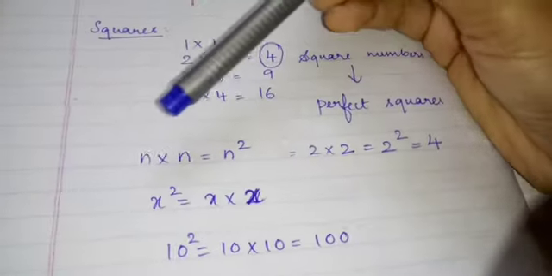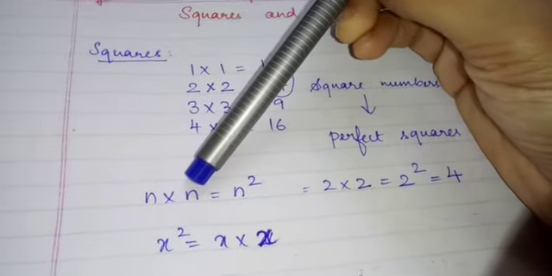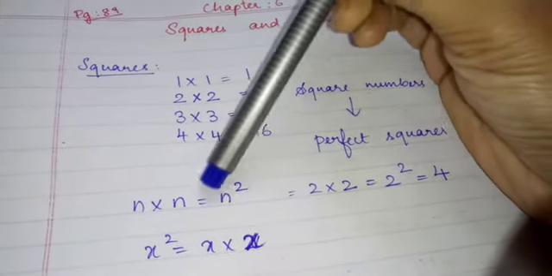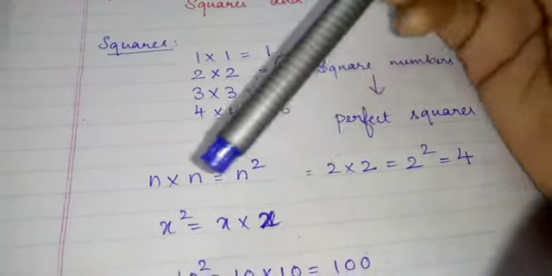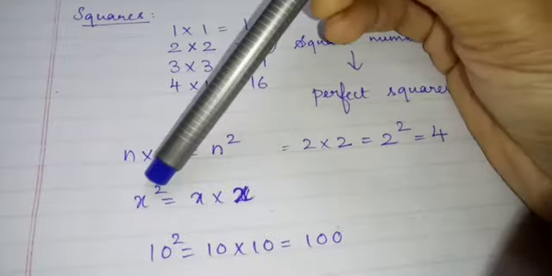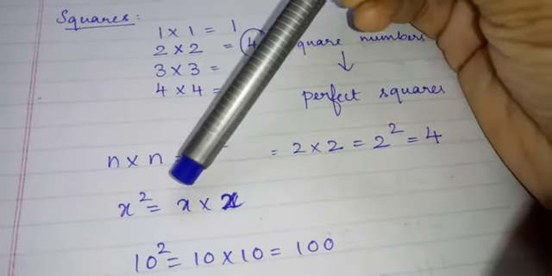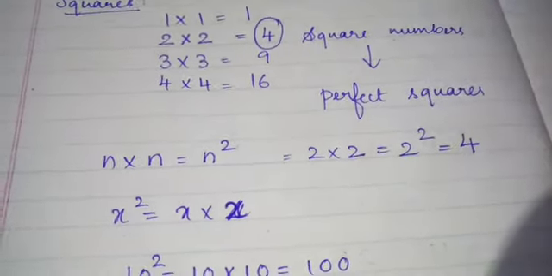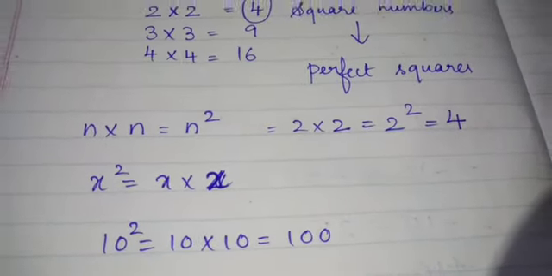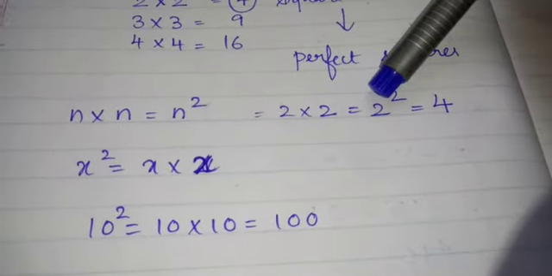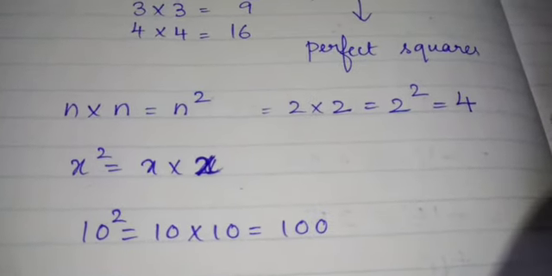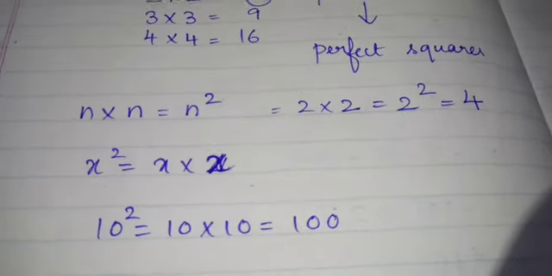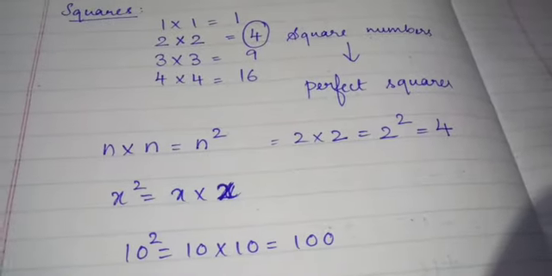So, if a number is n and I multiply the same number with that same number, the answer which I am getting is n square. If it is given like x square, what will you do, children? x into x. So this n square, 2 square value is nothing but a square. Generally if they give you, find 2 square, what will you do? 2 into 2, 4. Likewise you can find it.